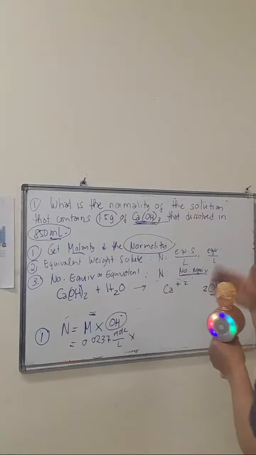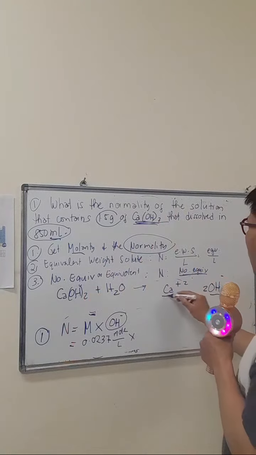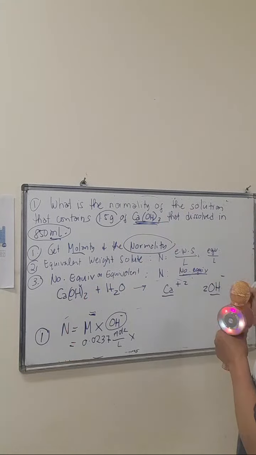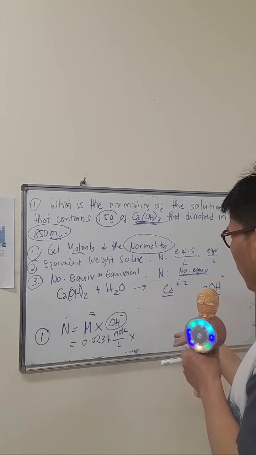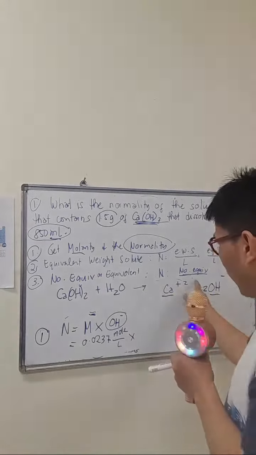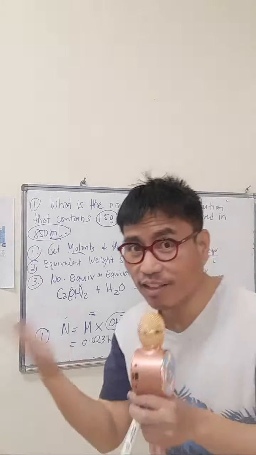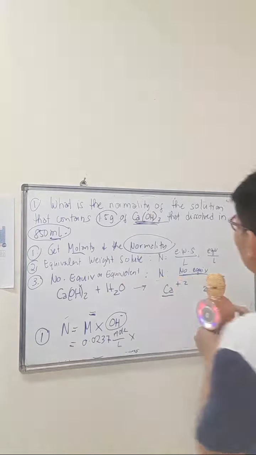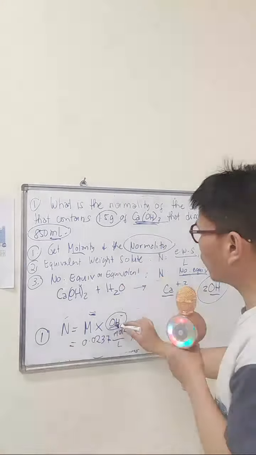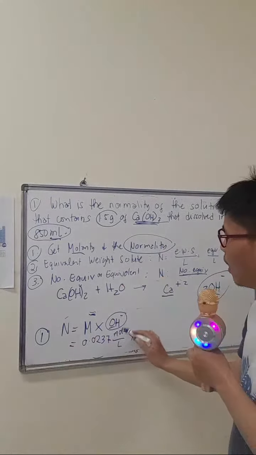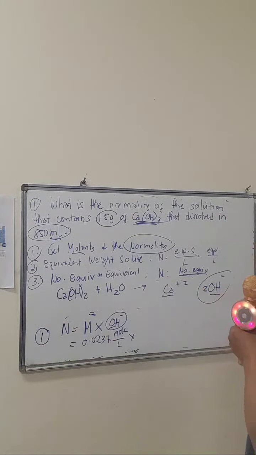Okay, now so we have this positive 2 for calcium and OH negative. Now, how can we determine the OH replaceable? Of course, you will not pick the calcium because that is not hydroxide. You will pick the OH negative. And what is the value of OH? So if you multiply that up to 0.37 moles per liter, it's gonna be